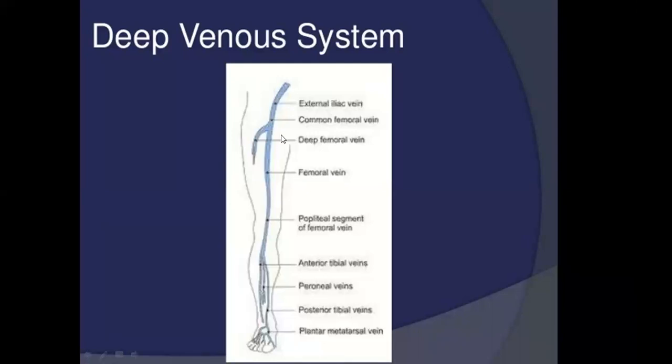If you can see, roughly this is the level of the inguinal ligament. So this femoral vein, while coursing behind or posterior to the inguinal ligament, becomes the external iliac vein. From here, it is drained by the common iliac veins and IVC and to the heart. So this was the formation of the femoral vein.